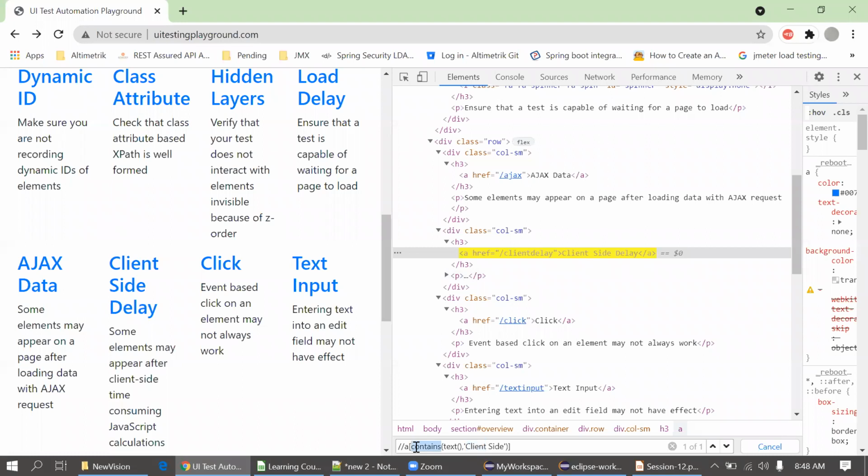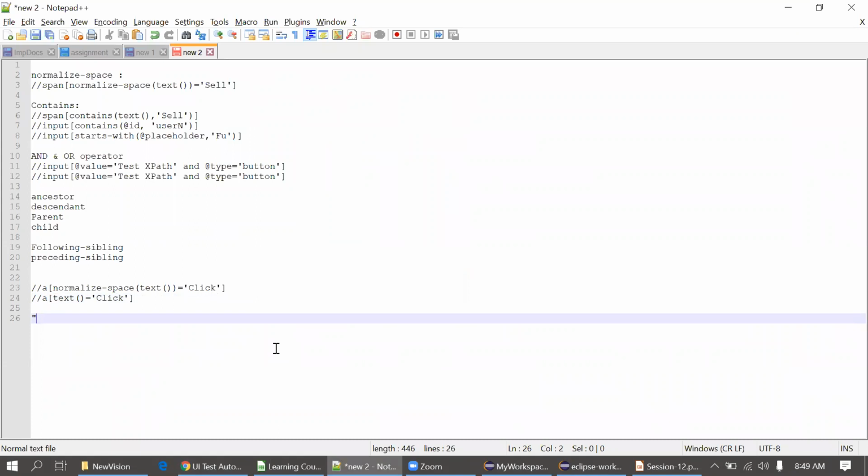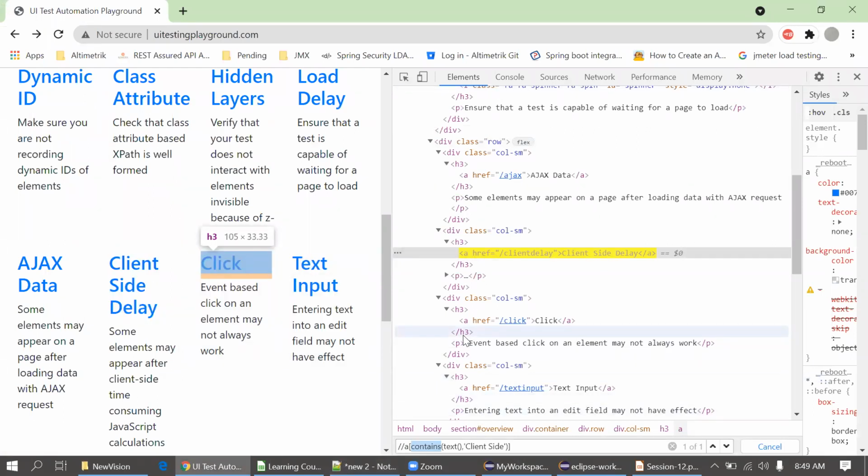Okay, or you might face the issue sometimes of encoding. The encoding is different. Suppose you're seeing the double quotes in this way, now I'm just typing double quotes in this way. But in some cases, in different encoding, you will see these double quotes in a different shape, which I'm not able to type from the keyboard. But in some cases, you might get that. In that case, you can simply use this contains, and you can simply ignore that different encoding part. Okay, so this we have done for the text.